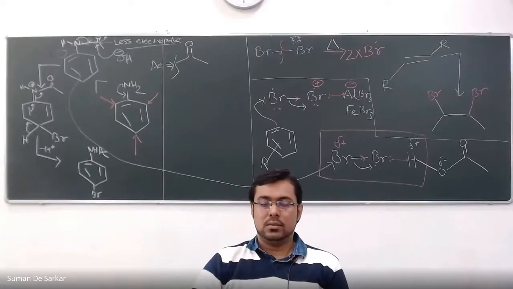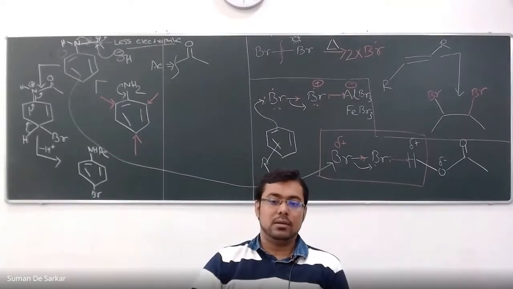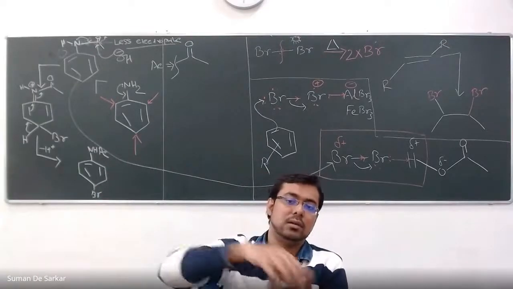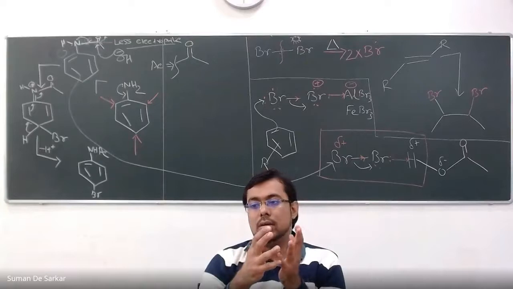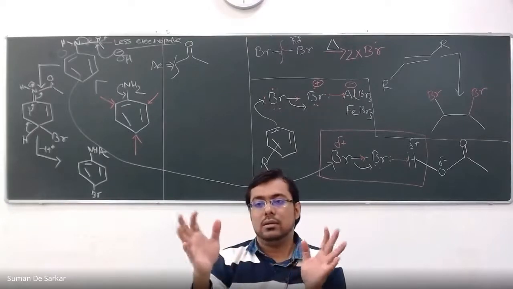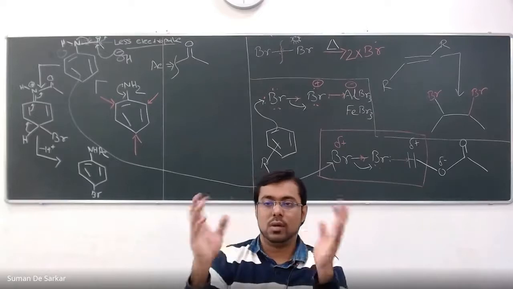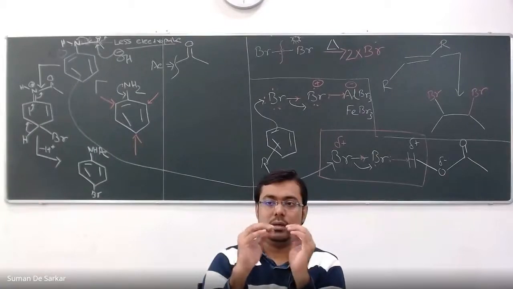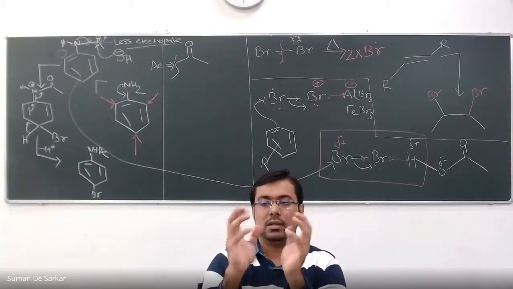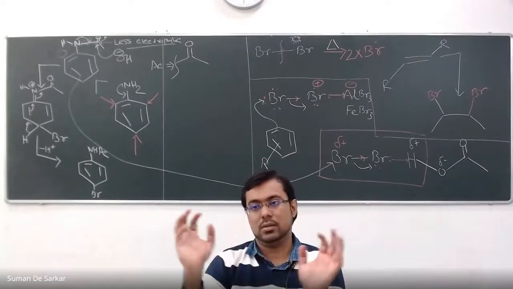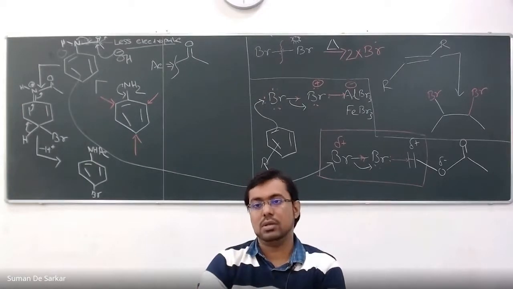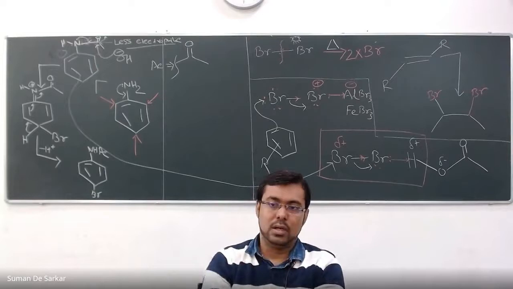Now you can say, sir, acetic acid is still there, but the amount of water we have taken is much higher than acetic acid. So when we pour the reaction mixture into the water, the organic molecules are not really attached to acetic acid that much. The water molecules are covering them. This is now no longer in an acetic acid solvent cage. It comes into a water solvent cage, and the water will now cage the acetic acid too, because water dominates as the amount is much higher. So that's why the organic part, this para-bromoacetanilide, will precipitate out.